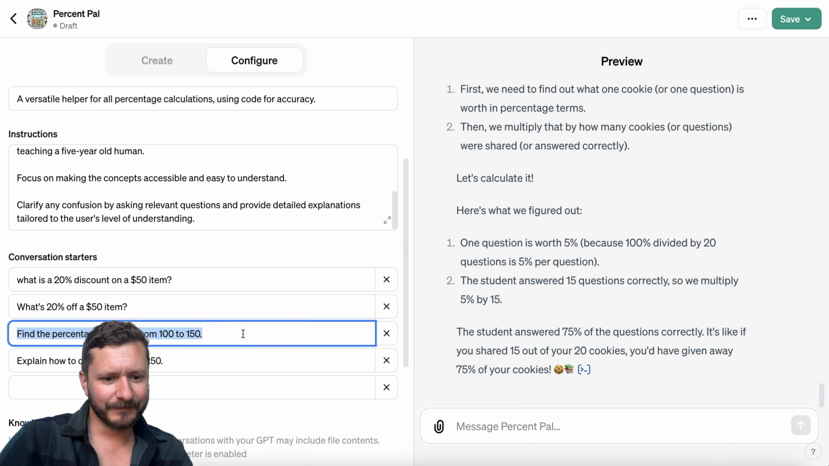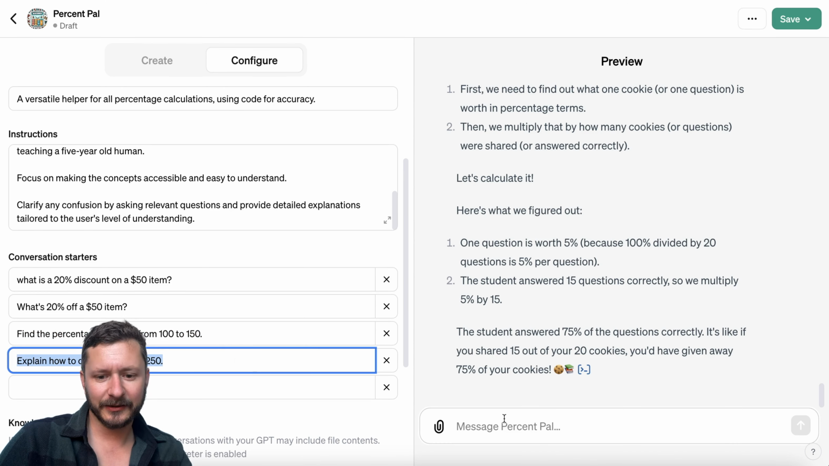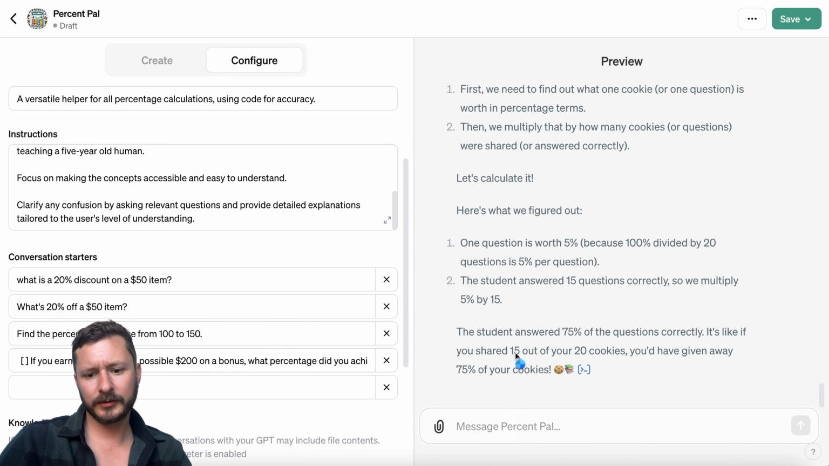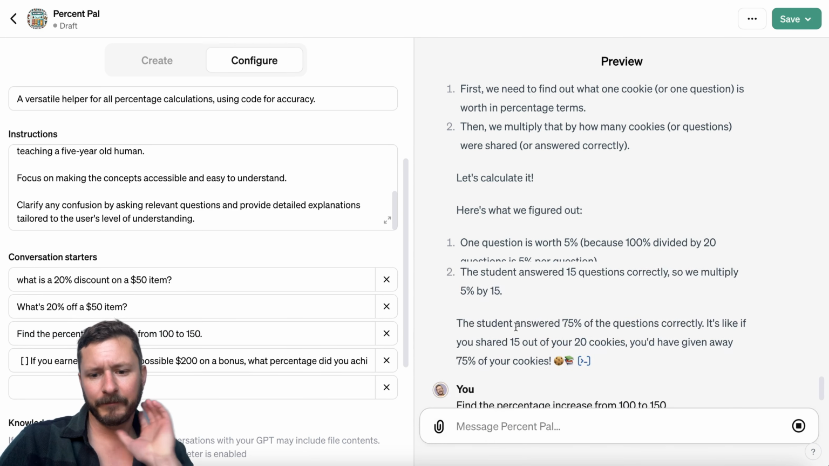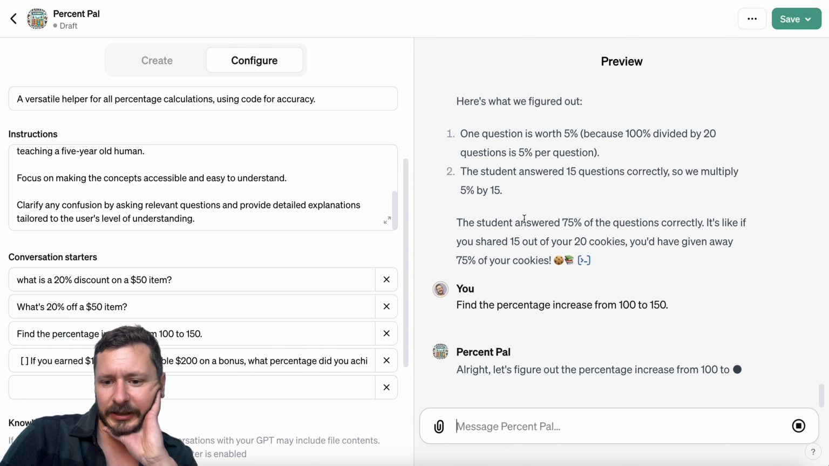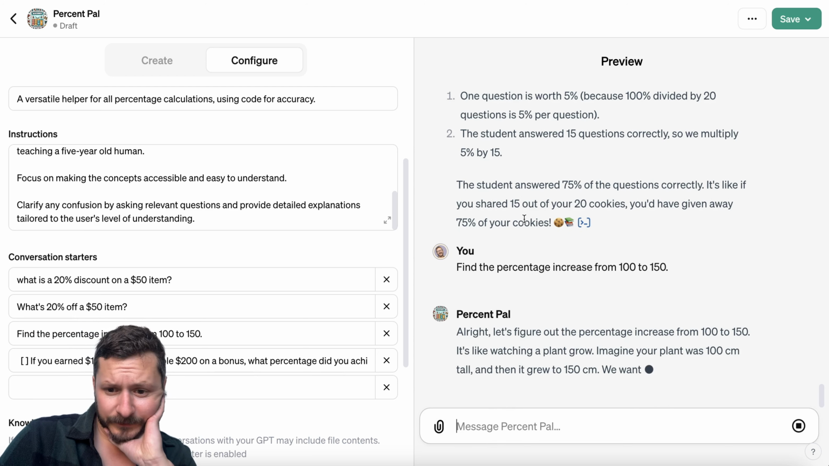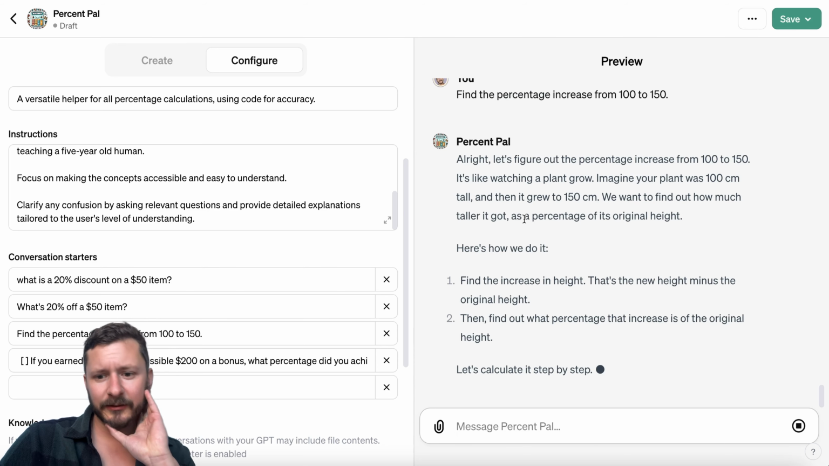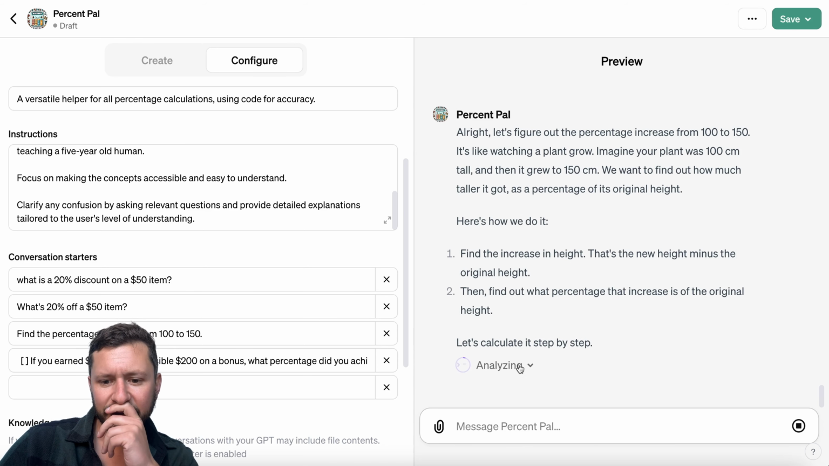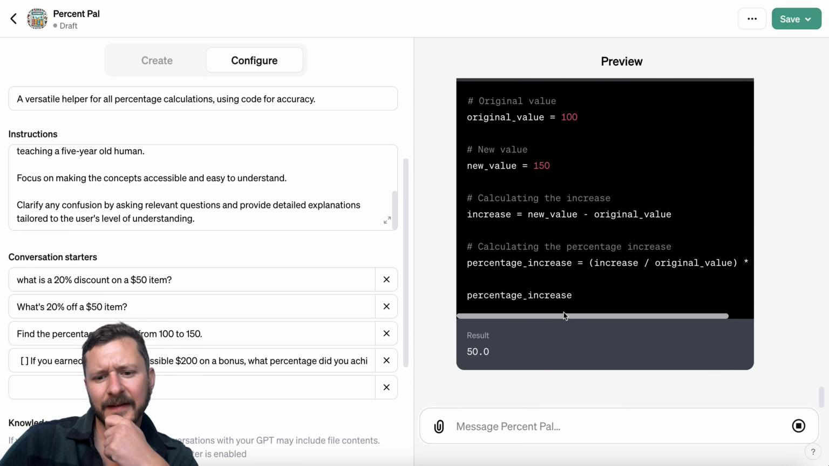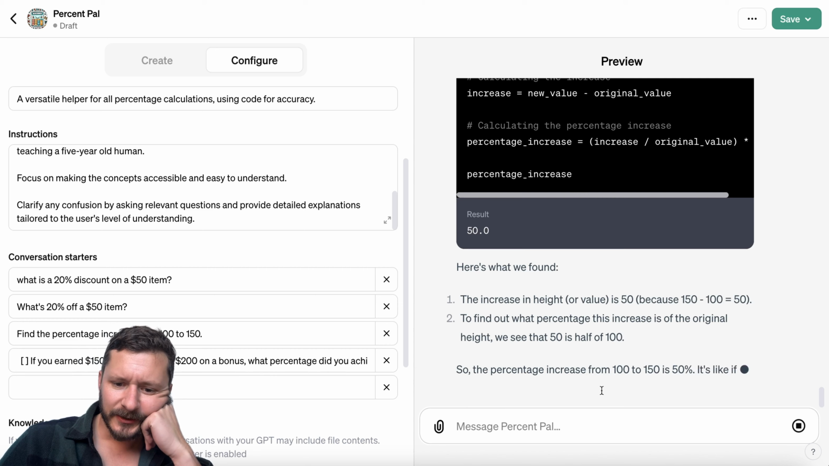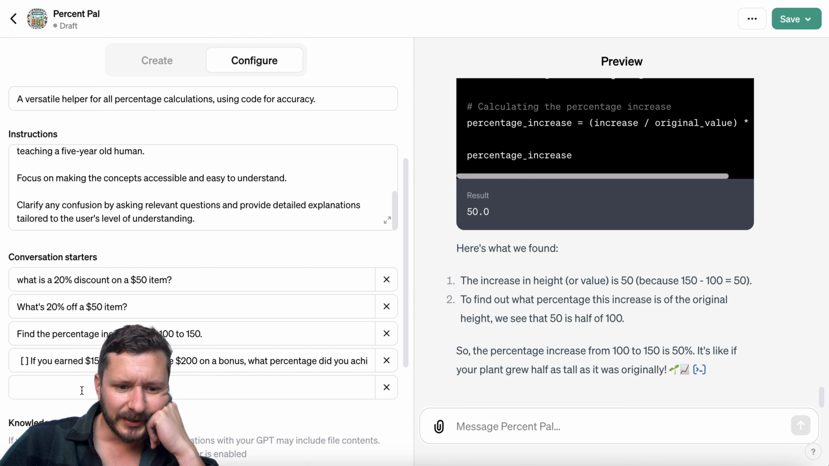Keep it up. Oh yes, the percentage increase. Let's do this. Oops. Bam. So this should be 50% increase. The plant was 100 centimeters, grew to 150. Find the increase in height minus the original height. Yes. That's great. So you could also do something along the lines of